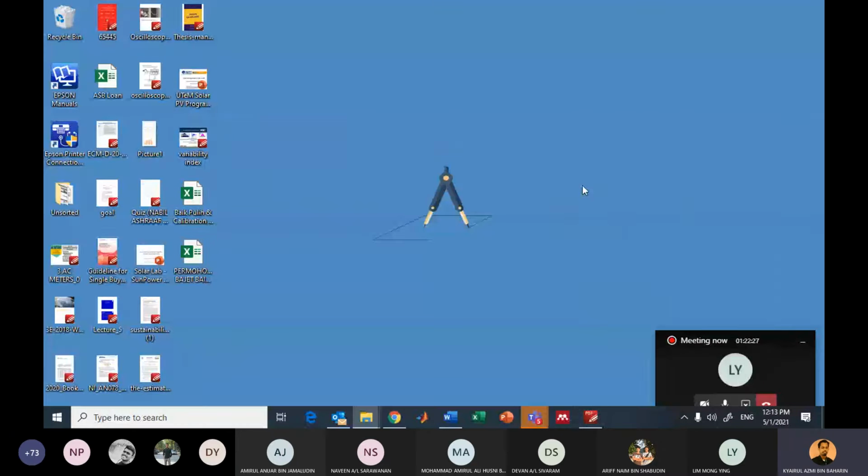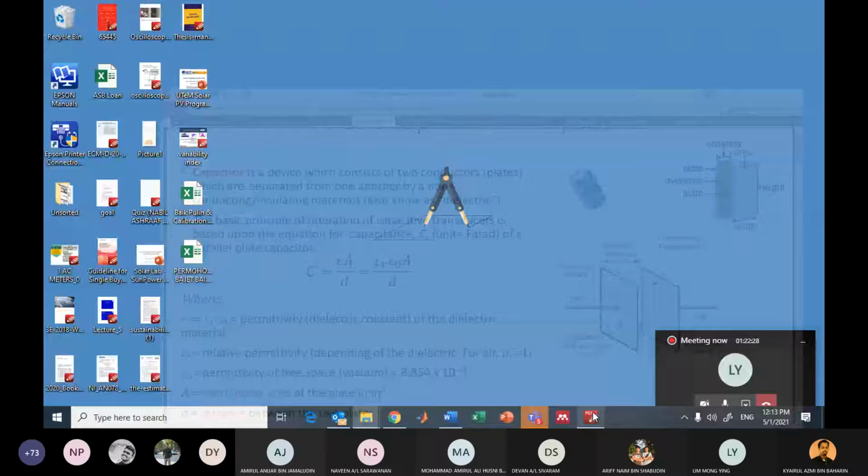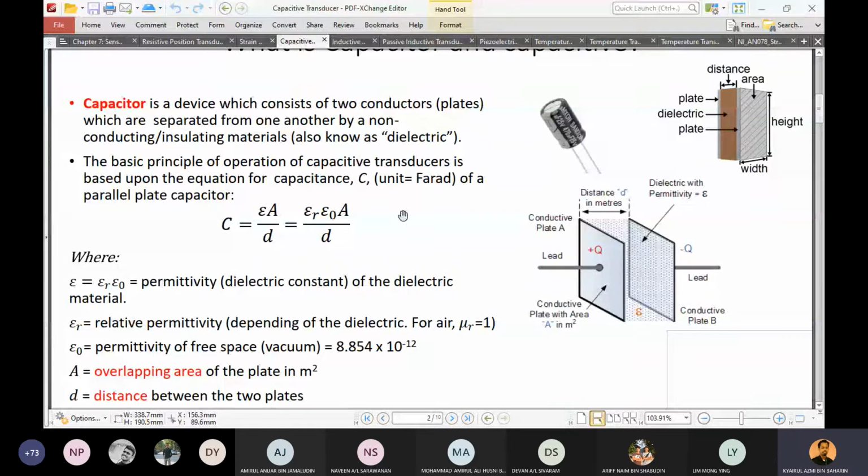Okay, going back to the slide. So epsilon r ni kita kena masukkan berdasarkan apa bahan yang kita guna. So kalau misalnya dalam soalan dia beritahu guna bahan jenis ni, tak dinyatakan berapa epsilon r dia, maka you kena refer pada table yang diberi. Okay, so A is the area of the plate. Kalau square plate simple lah, you just multiply dia punya length. Dan D is the separation distance between the two plates.